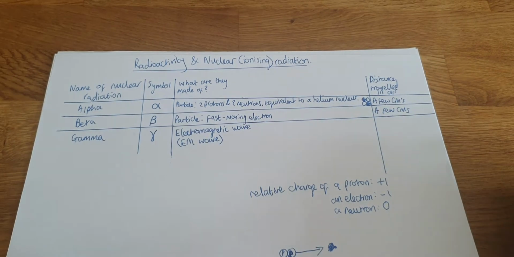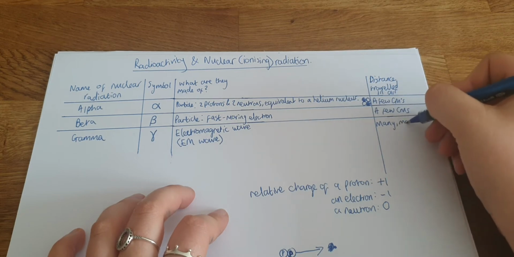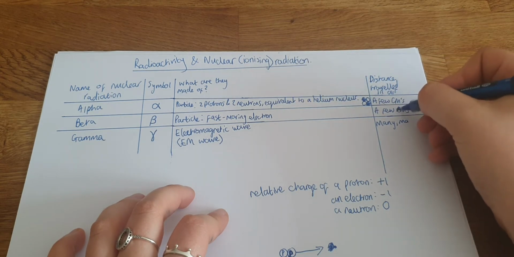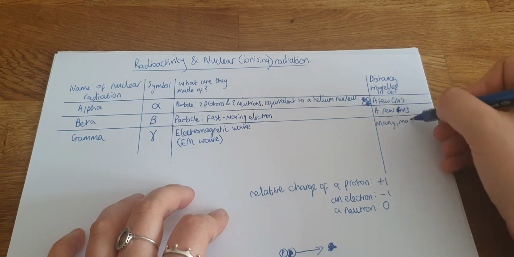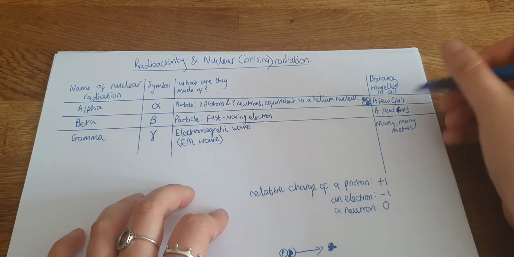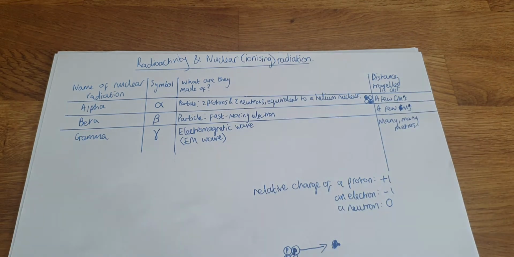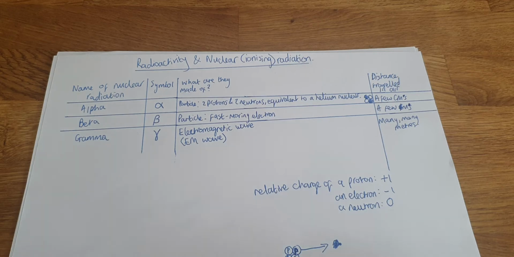Gamma radiation travels many, many meters. Oh, I put a few centimeters here. I meant to put meters. Whoops. Okay, many, many meters. I shouldn't really put an apostrophe there. That's bad English. Okay, so that's how far they would travel in air, and we're not doing anything to attempt to stop it. The next column, which I'll have to